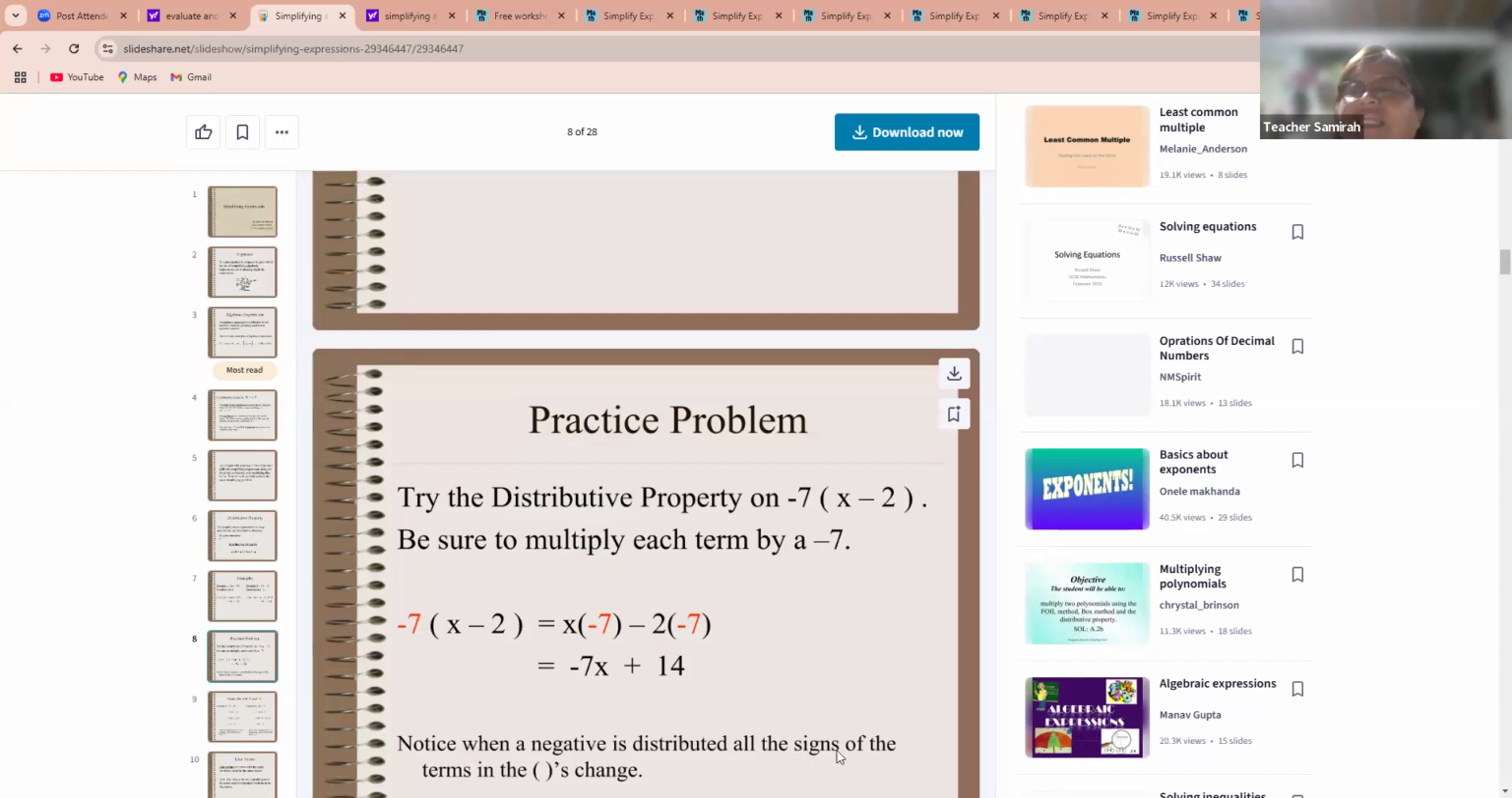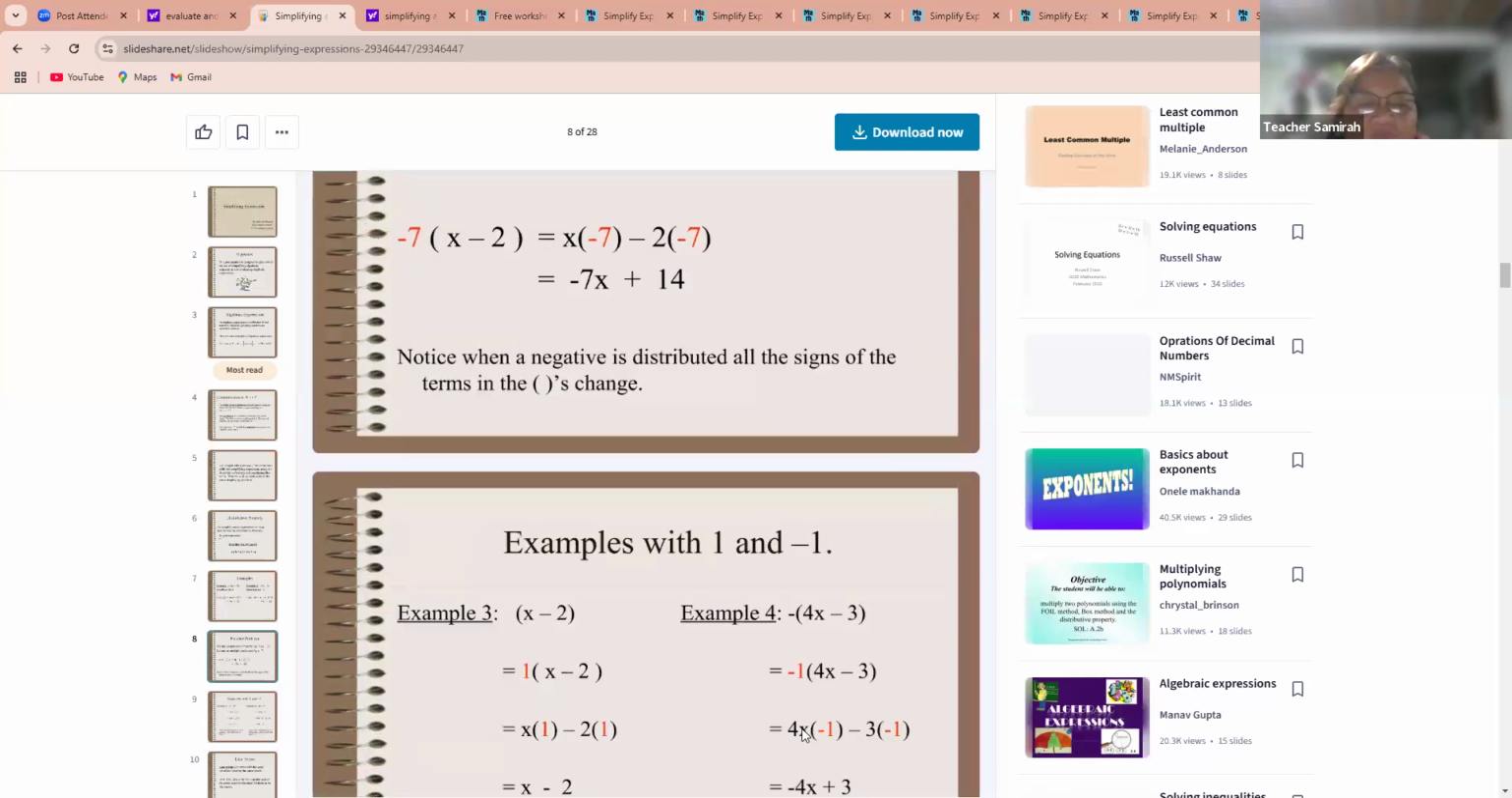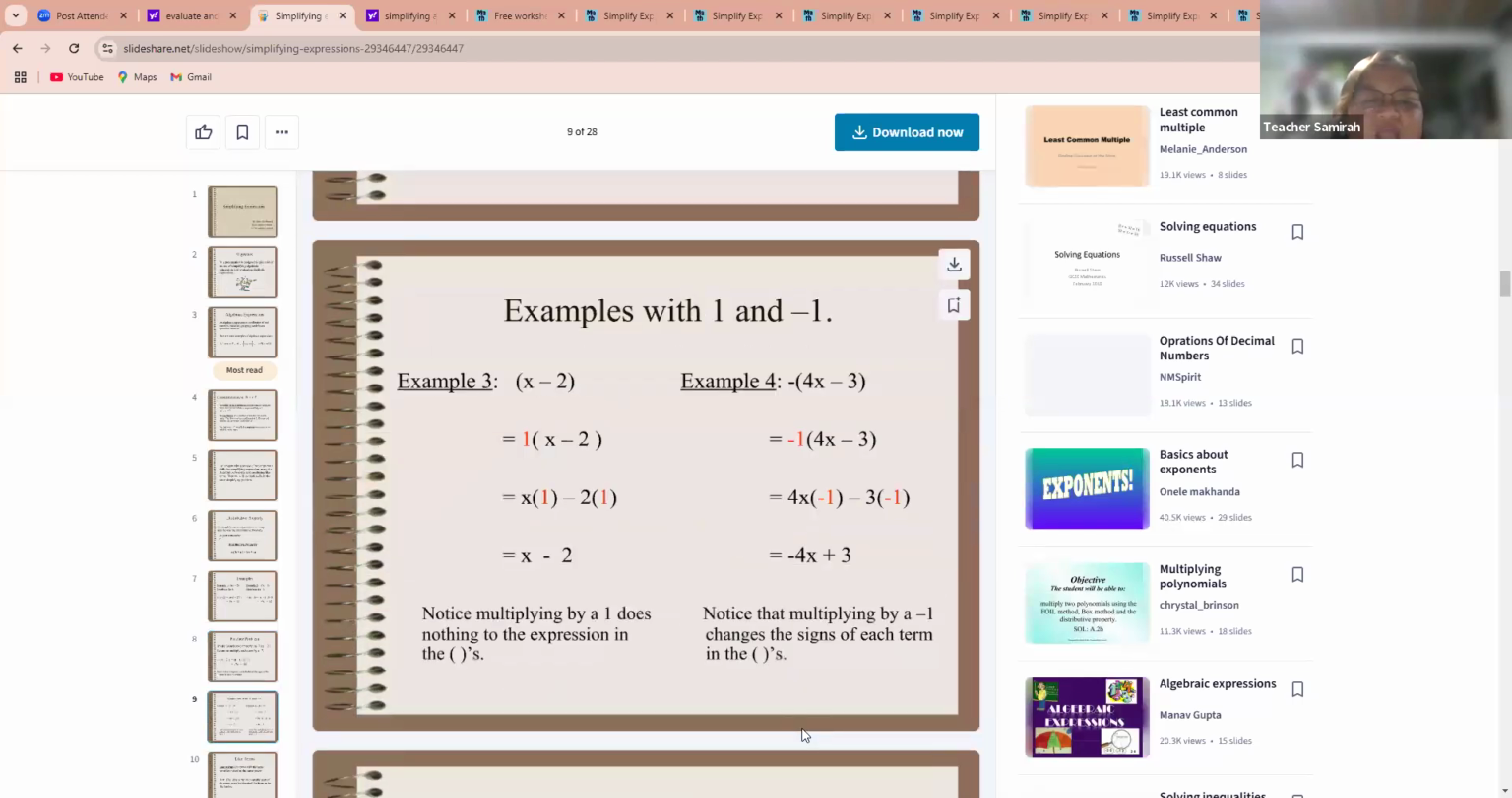Therefore, I cannot add or subtract these two terms. Okay? I cannot add or subtract these two terms. Therefore, this is my final answer, negative 7x plus 14. Okay? So this one,